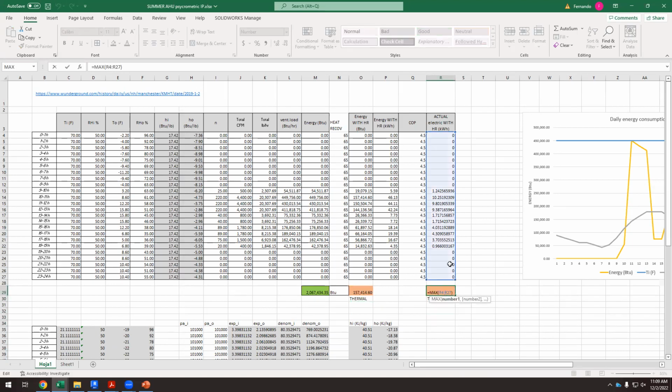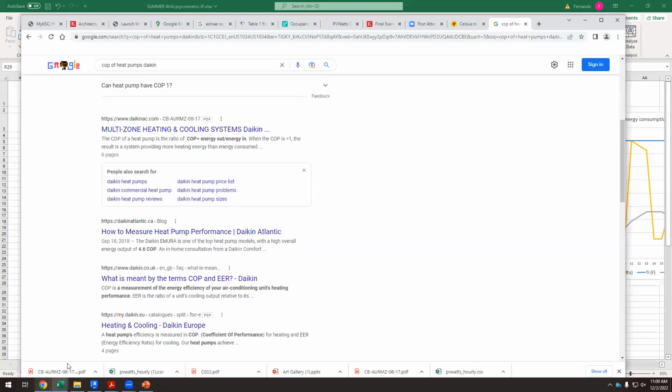And this is the maximum in electricity. It's not thermal. So the maximum value in electricity is 10.25 kilowatts. So if I'm looking for a heat pump,